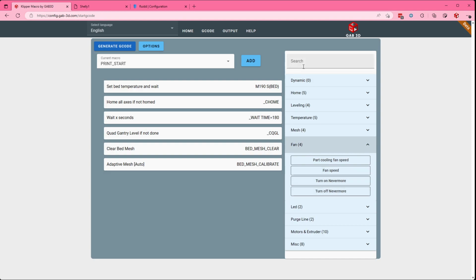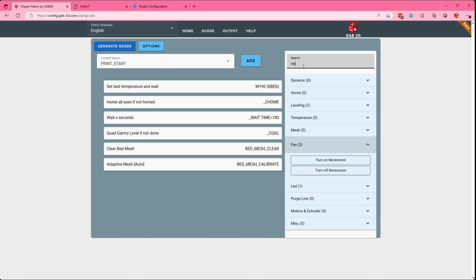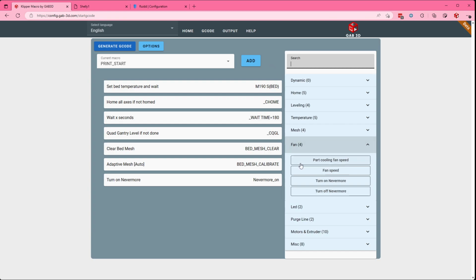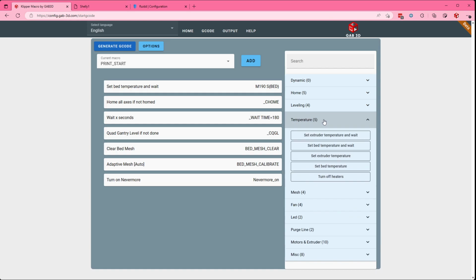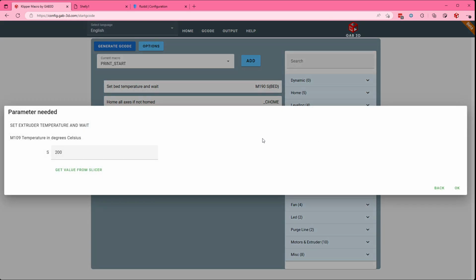And here now the search works. If you search for Nevermore, so I want to turn on Nevermore, and then I would like to put my nozzle to temperature. So set extruder temperature and wait, and here again I get it from the slicer,